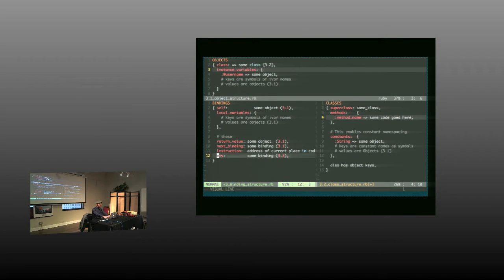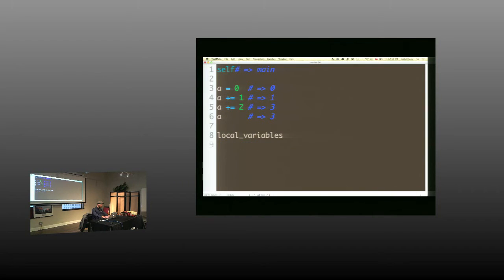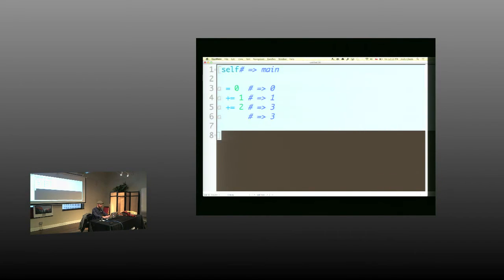And finally, I've got this one here called env. And what this one does is allows you to go look for other local variables if you can't find yours, such as a block. I don't know, we'll say string.